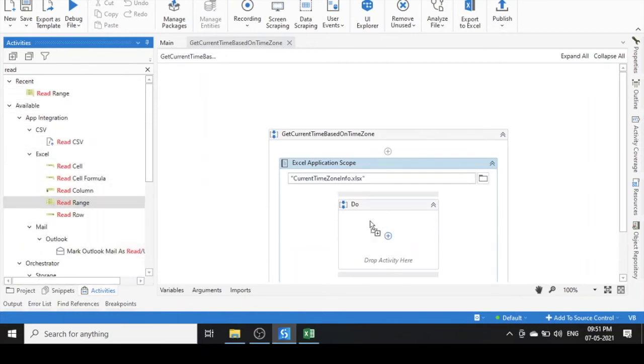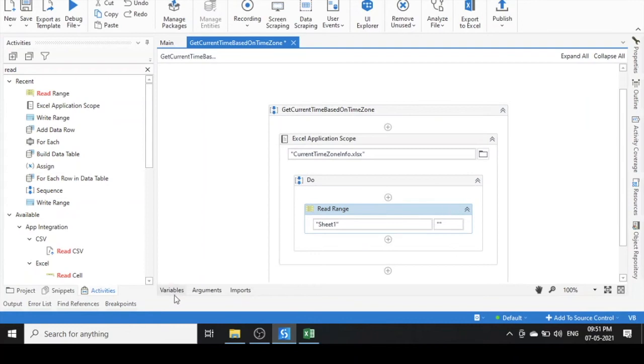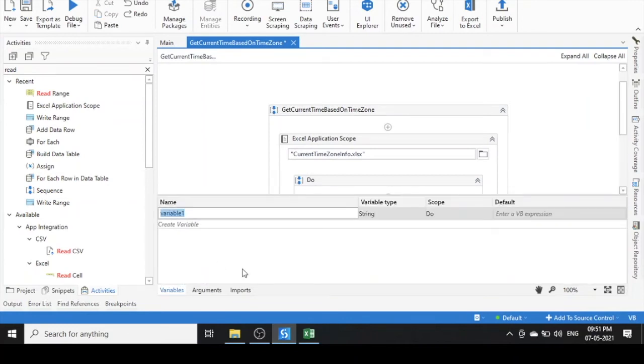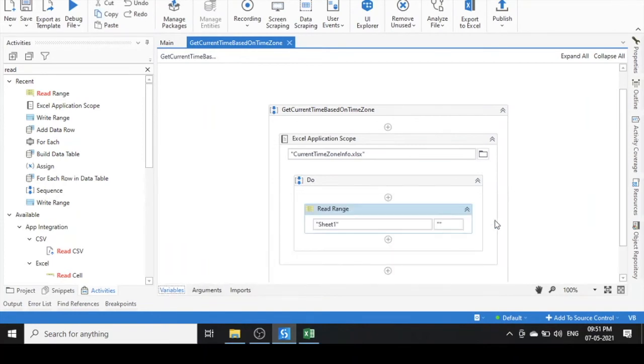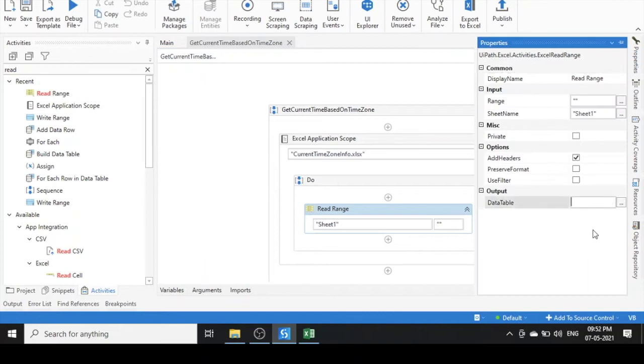Let me create one variable, dt time zone info table, of type data table, and I'm just increasing the scope. Let me assign this data table. So data table, time zone data table, and it is having header.